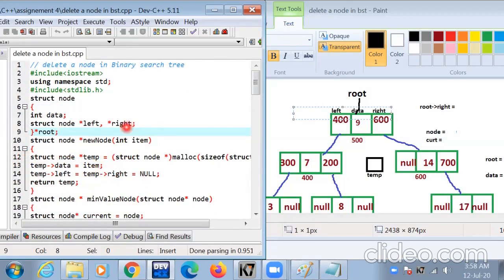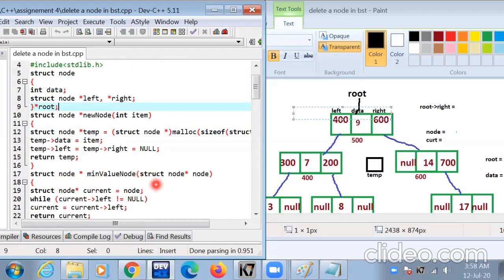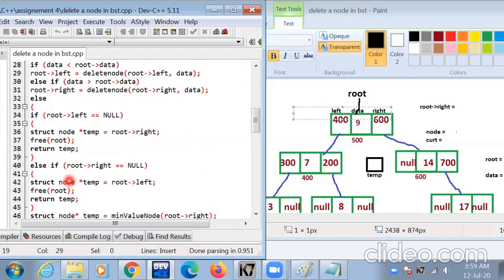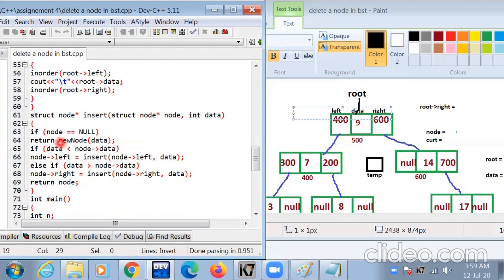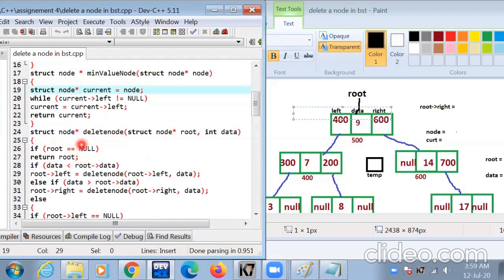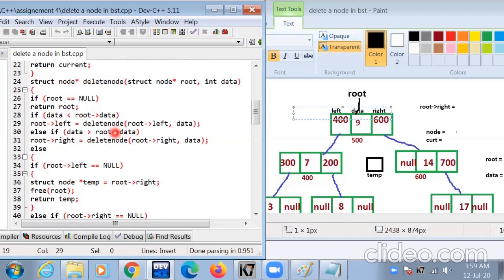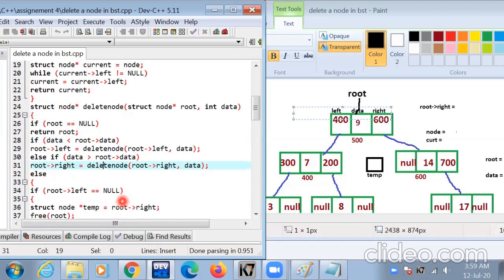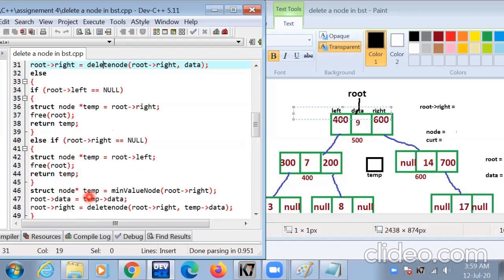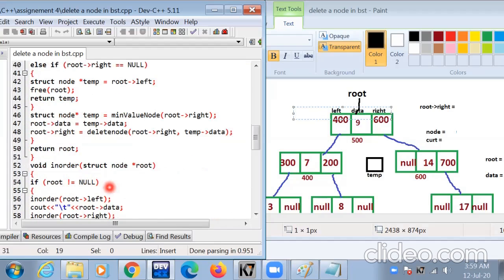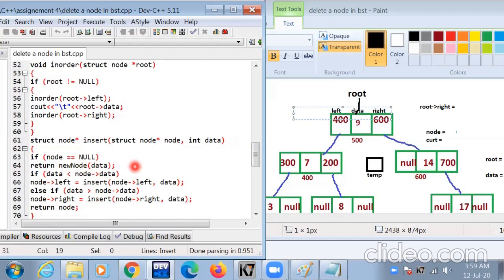We already discussed new node, how to create a binary search tree, and we discussed the inorder function and the insert function.